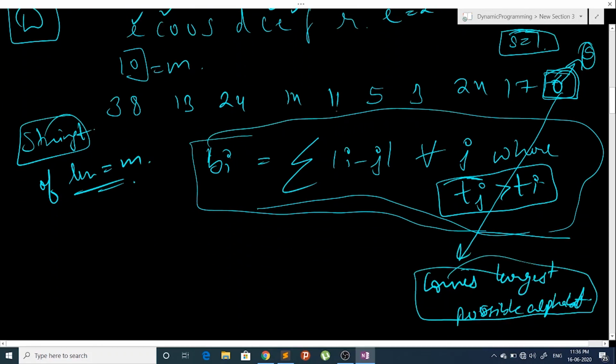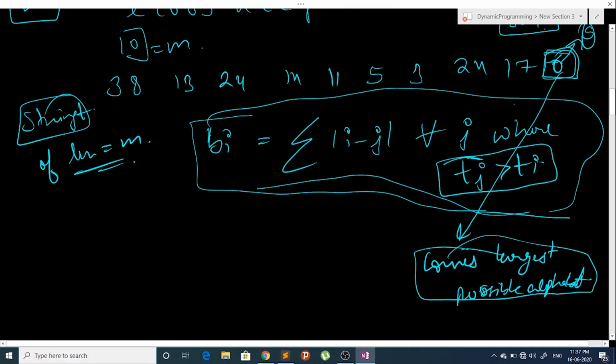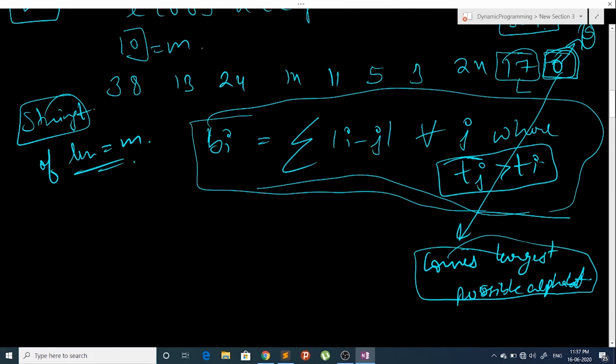Now how will we change this array? We will subtract the distance of this index and this index from this position.